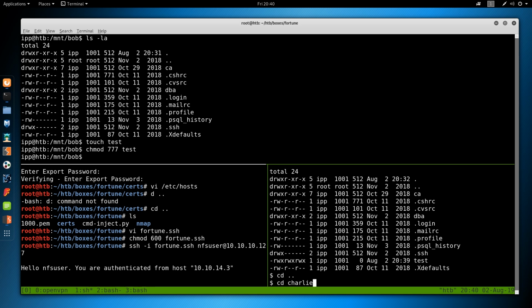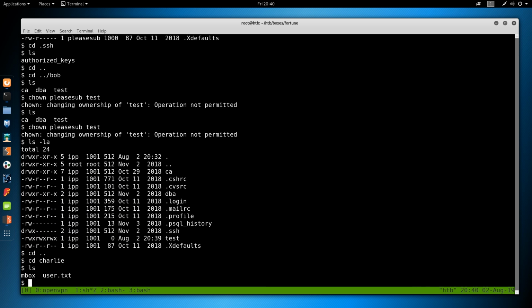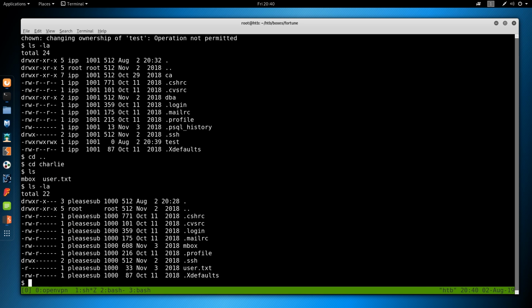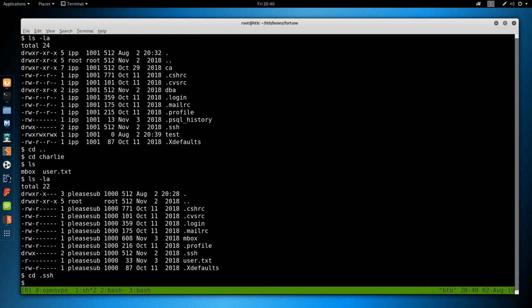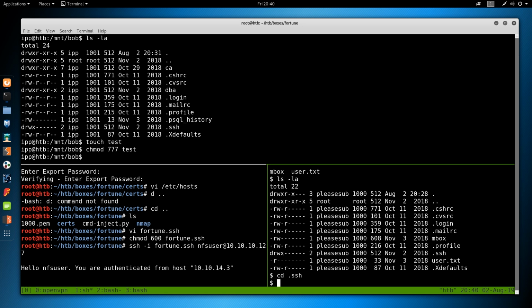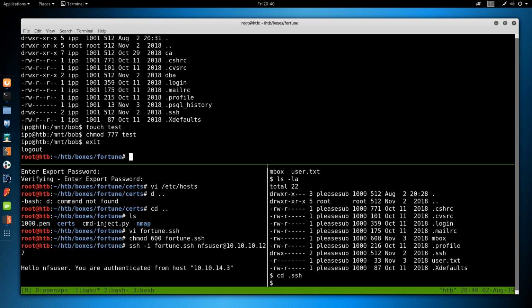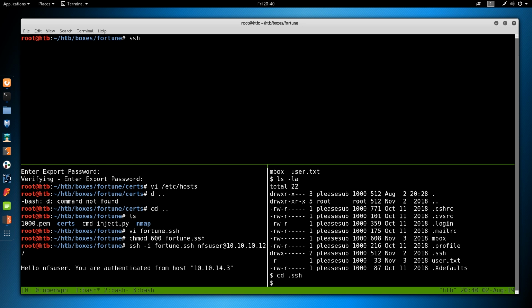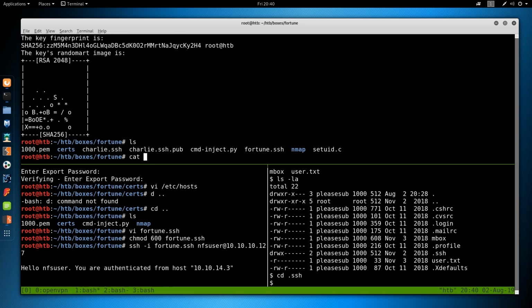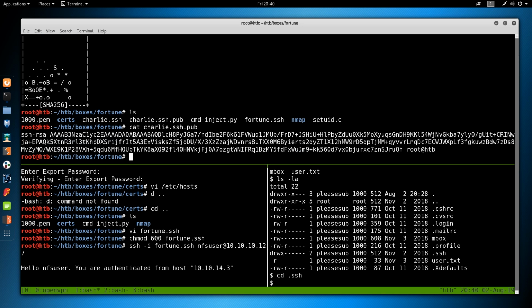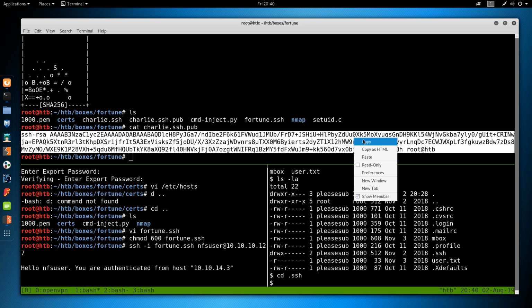So cd charlie, and again, if you want to see that SetUID binary stuff with NFS, check out the Jail video. So go into the .ssh directory, and then we just have to generate a key. So ssh-keygen -f charlie.ssh, and we got charlie.ssh.pub. So we can copy this,